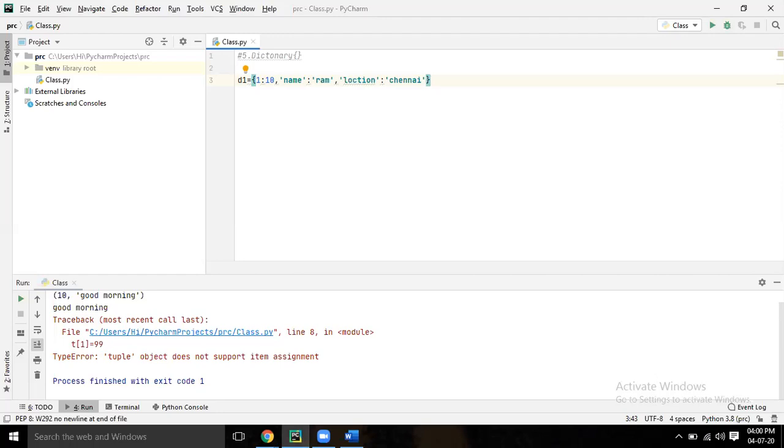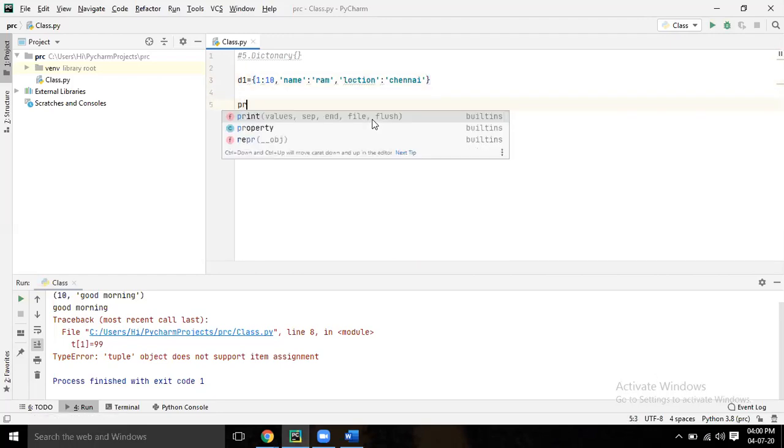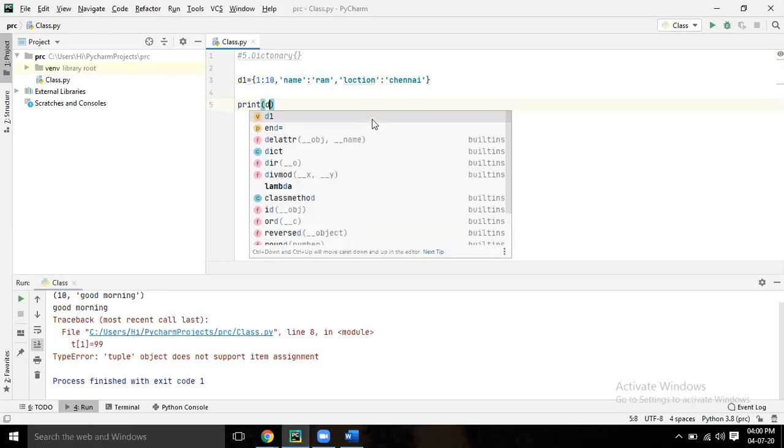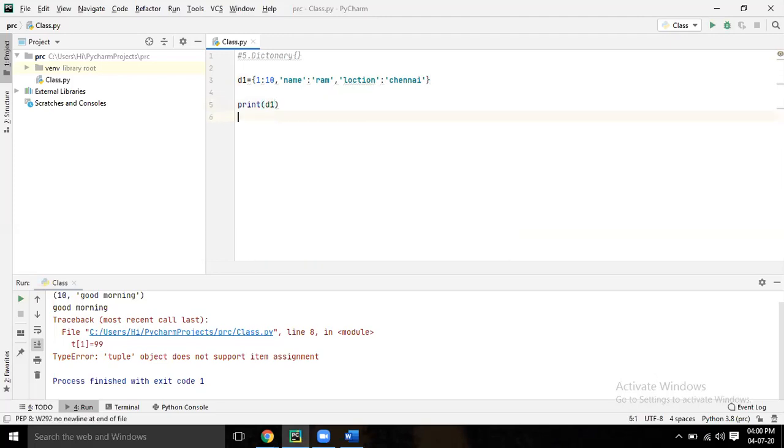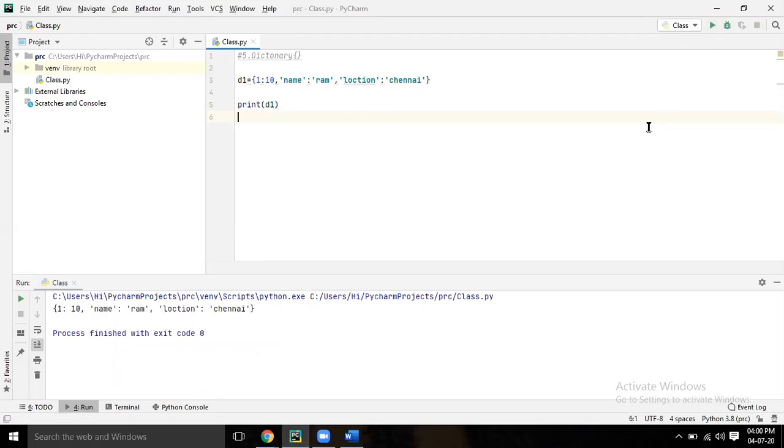So now print D1. Now suppose I want to print Ram. How to print?